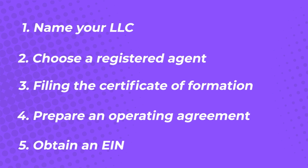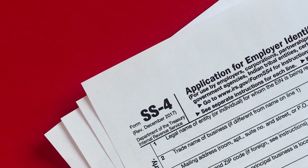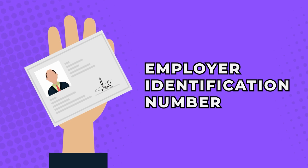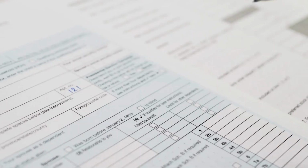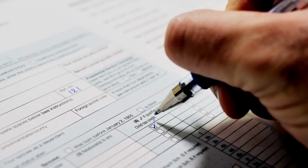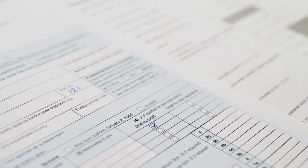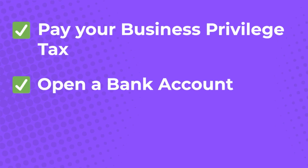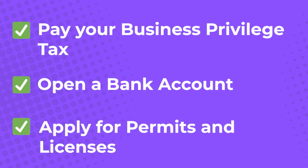Step 5. Obtain an EIN. Next, we need to get an EIN for your LLC. An EIN, or Employer Identification Number, is a federal tax ID issued by the IRS to your company. Your EIN is used by the IRS to readily identify your firm on tax filings. All firms pay a business privilege tax, and the state requires you to have an EIN to file. You may also be required to provide your EIN when opening a bank account or applying for municipal permits and